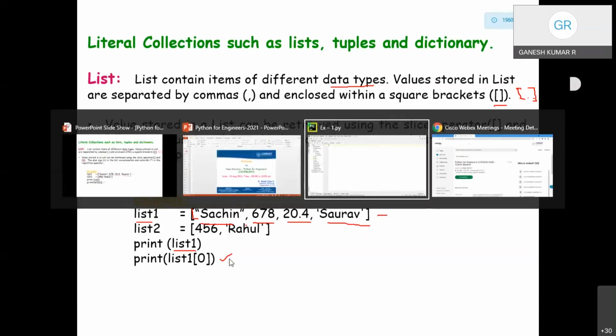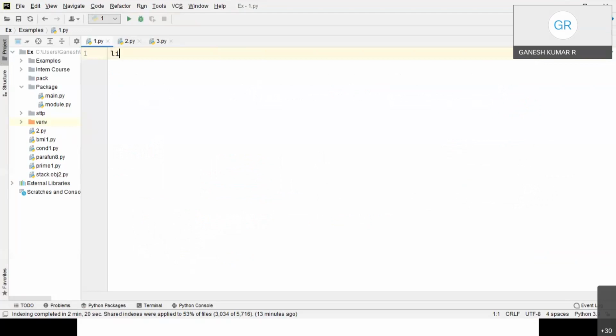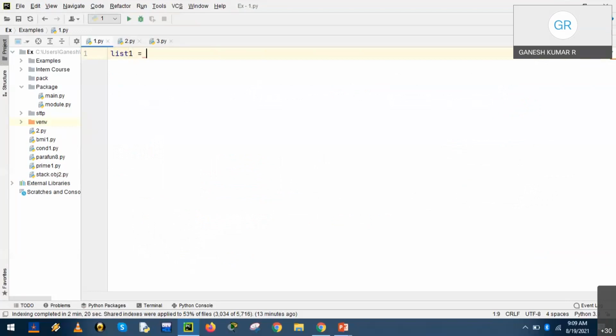Open an editor and we start typing. The first statement: list1 is equal to open square bracket, we have a string, Sachin, comma, then 678, an integer value, and 10.5, a float type, and another string, Saurav. A string can be represented with the help of double quotes or single quotes, but that should be uniform.